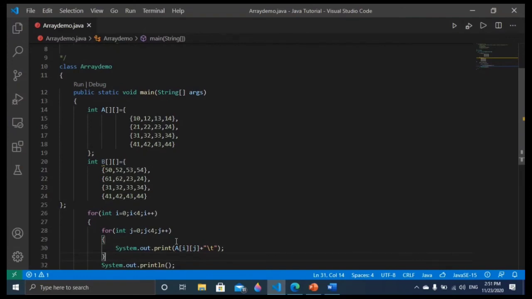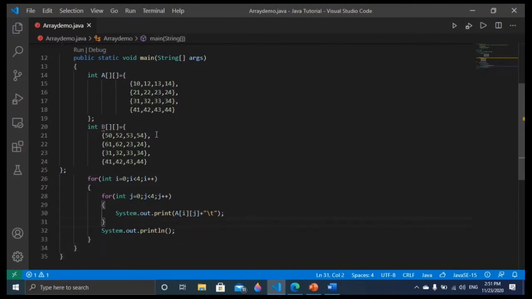While adding the matrices, make sure that the number of rows must be equal to the number of rows of the other matrix, and the number of columns of the first matrix must be equal to the number of columns of the second matrix. I repeat, if you want to add two matrices, make sure the number of rows and number of columns of the first matrix and the second matrix are equal. Then it is possible to add, otherwise it is not possible to add. That is the concept we have to understand.